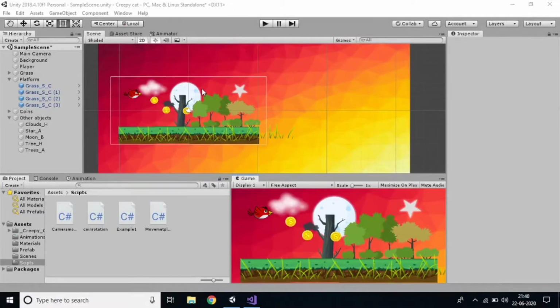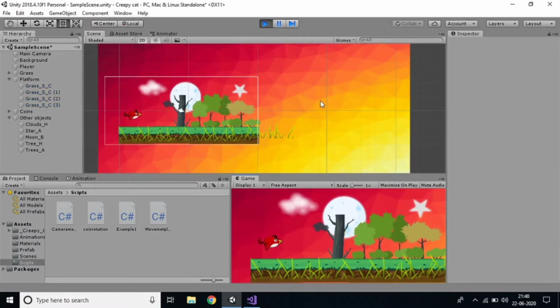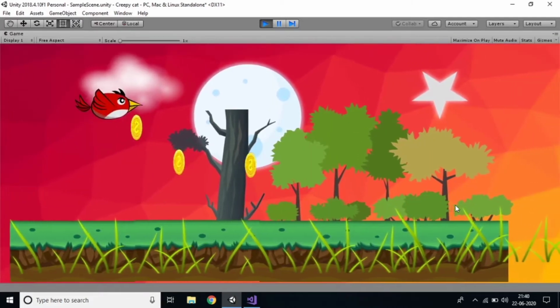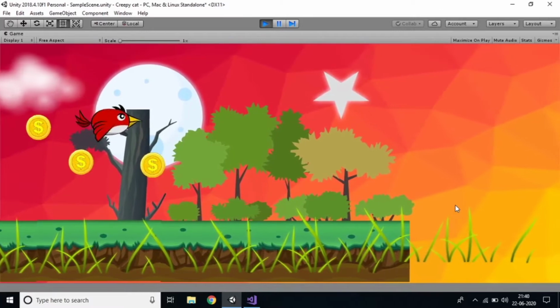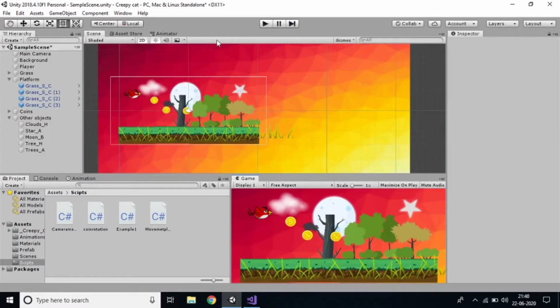In the previous video I did the movement of the camera along with the player. You can see how smooth the movement of the camera is. Yes, of course it's working, not bad. Now in this video I want to do a fall detector. That means if the player falls down, sorry, not the camera.